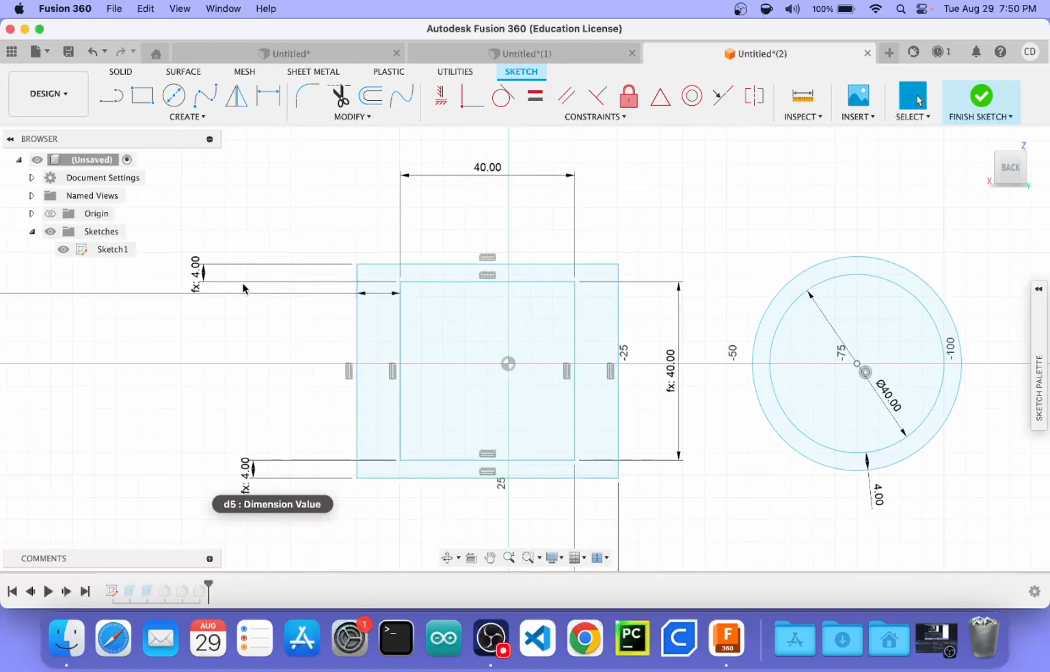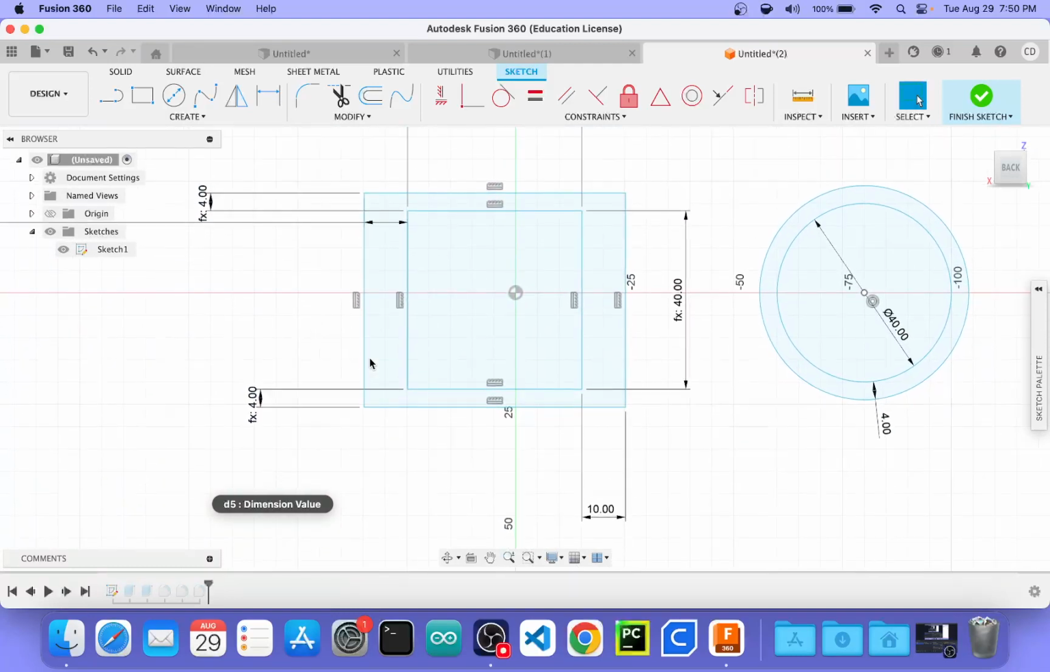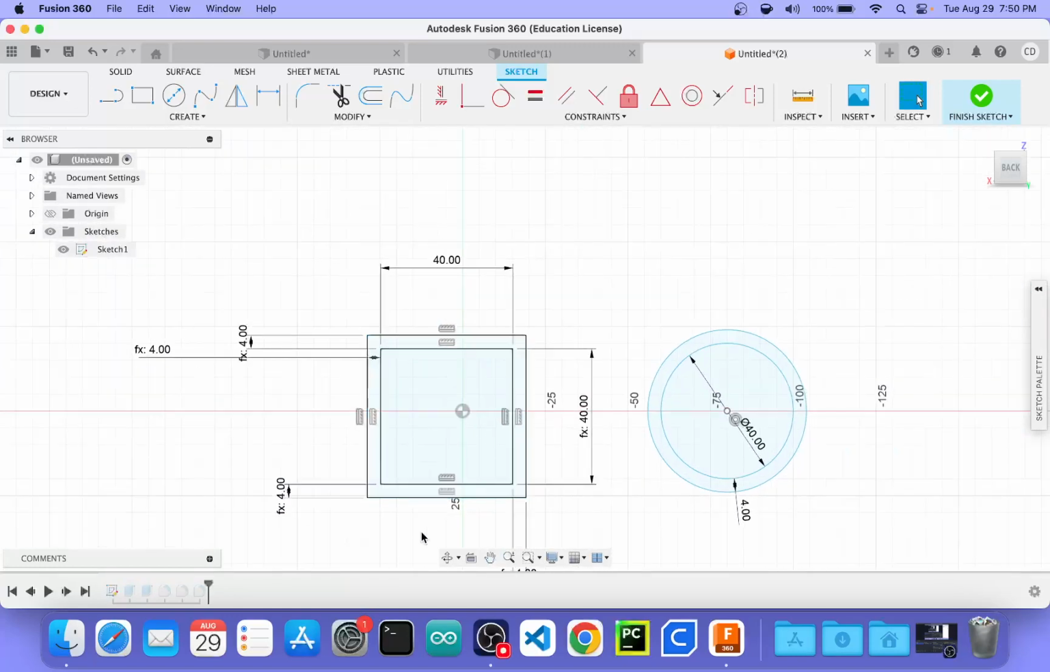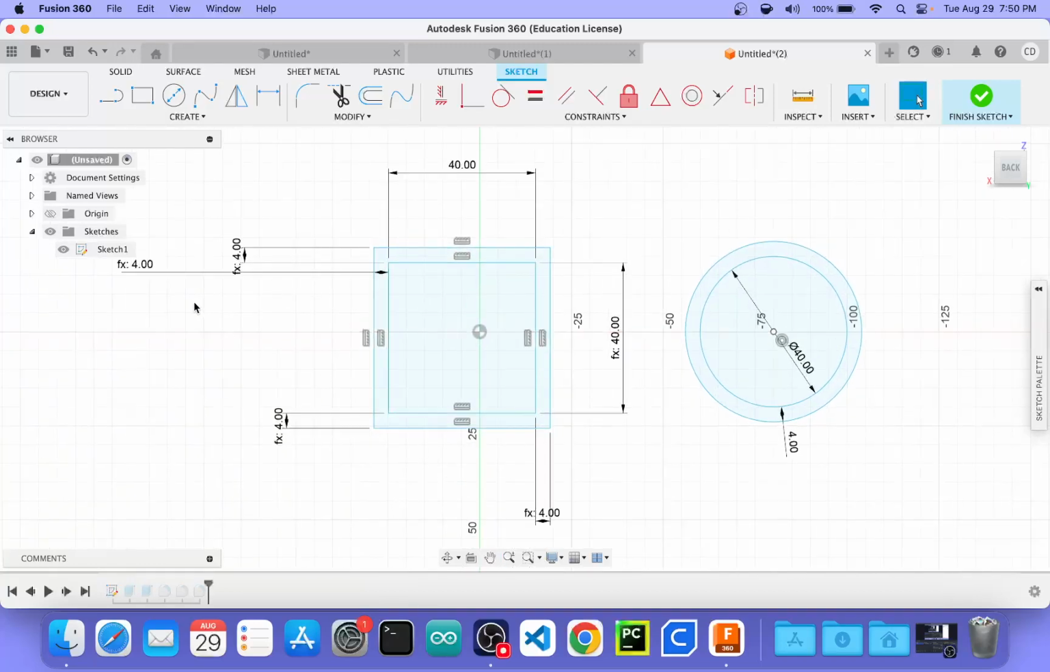Where are the other ones? There's one. There's 1, 2, 3. It feels like I'm missing one. D1 over 10. There we go. Okay, I got all of them. And if you arrange your sketch dimensions a little bit better, you will have an easier time than I did